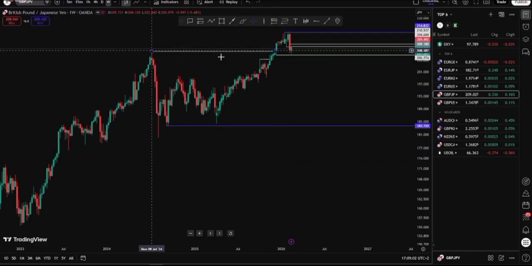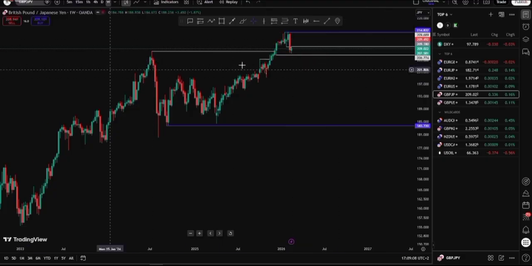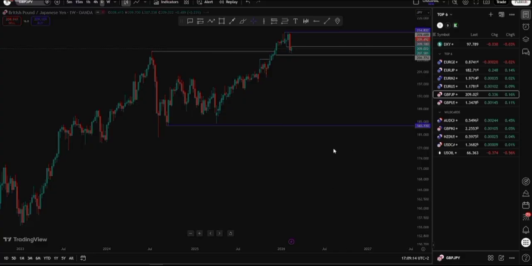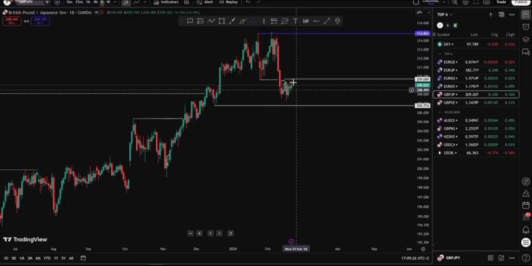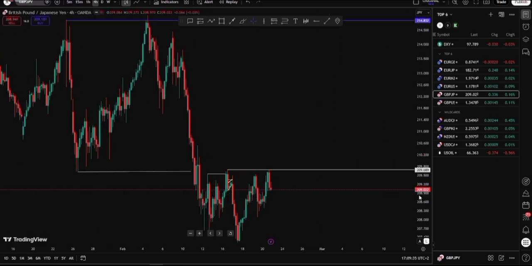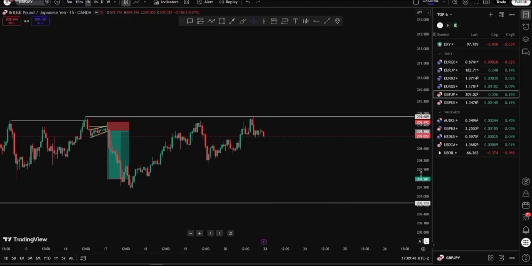So looking at our next pair, which is a Japanese yen related pair, GBPJPY. Looking at this pair from a high time frame, going into the daily, we can see clearly we have a double top there, an impulse, a correction, and we're looking for an impulse there. That's the probable move. Looking at that continuation there, you can see from the lower time frame